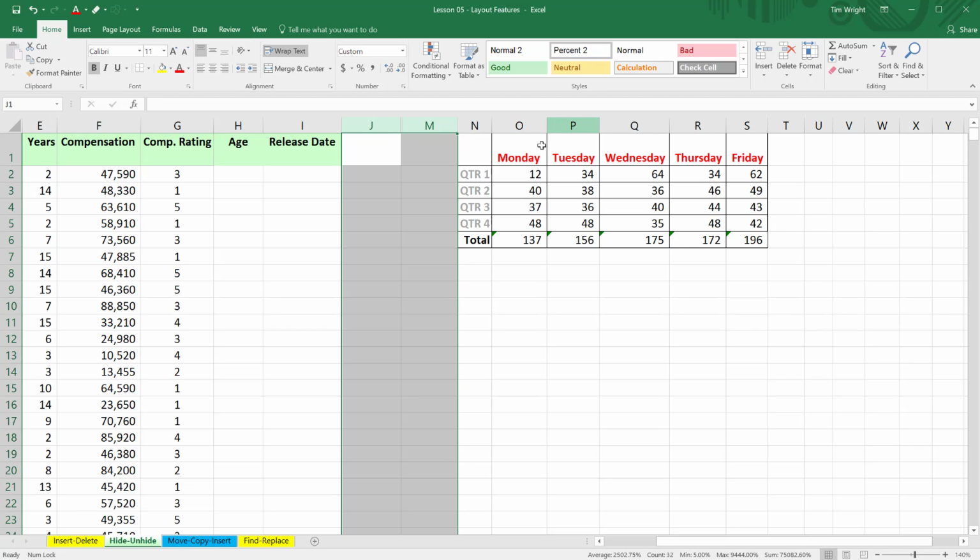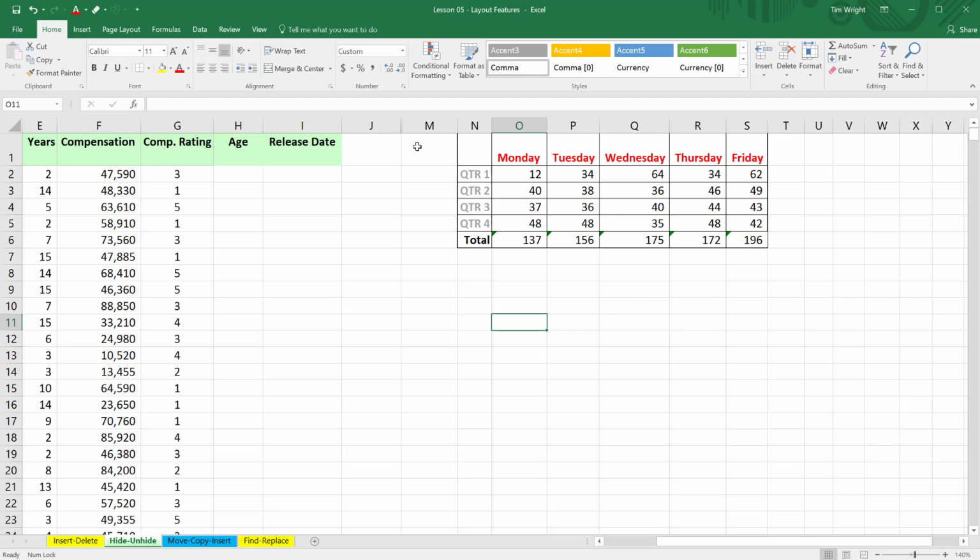If I was to select these two, I could double click any of them that are selected and it would unhide it. But also, if you were to discover that you maybe had lots of columns, maybe some of them are way out here at like 300 or 500 columns later, some are hidden,